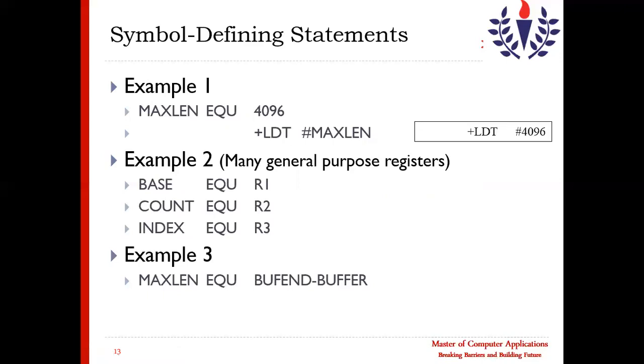So we can assign registers to symbols also. Here I am directly giving one value, one memory address, to a symbol. Here I am giving registers to symbols. And here I am giving an expression, BUFEND minus BUFFER, and whatever value it returns will be given to MAXLEN. So we can give three different kinds of values to our symbols.